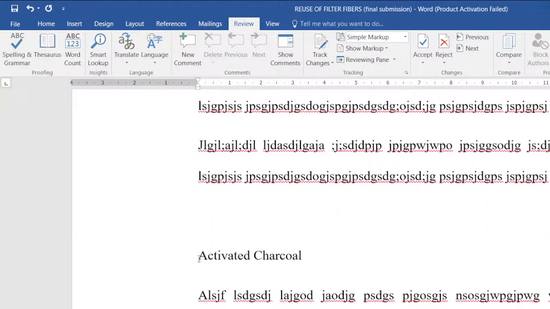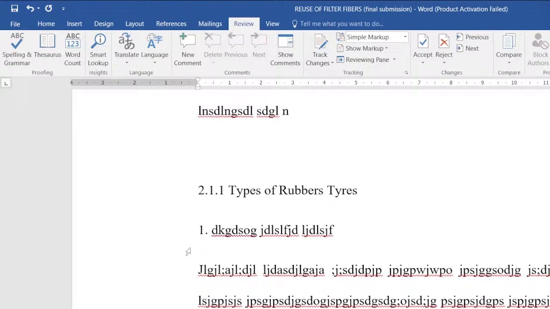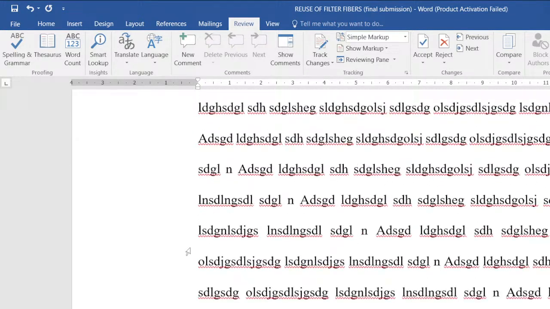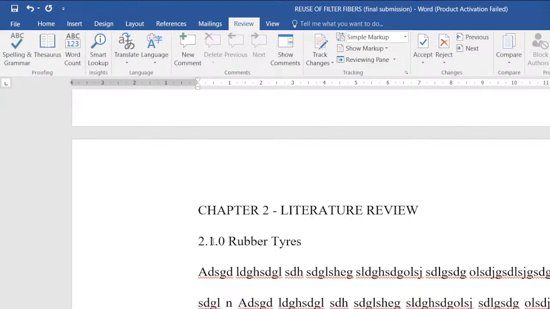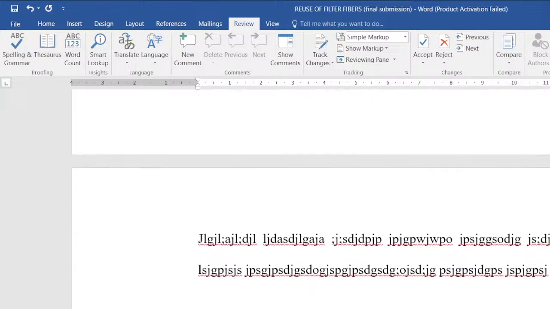Now activated charcoal, remember activated charcoal is also under chapter 2, but it is not under rubber ties. Okay, activated charcoal is the main thing on its own, but it is under chapter 2. So it's also going to be 2 point. Now we are not going to 2.1, because 2.1 has already been given to rubber ties, anything rubber ties. So that's going to be 2.2.0. All right, so when I come here,